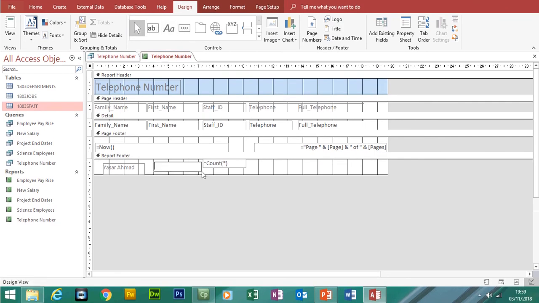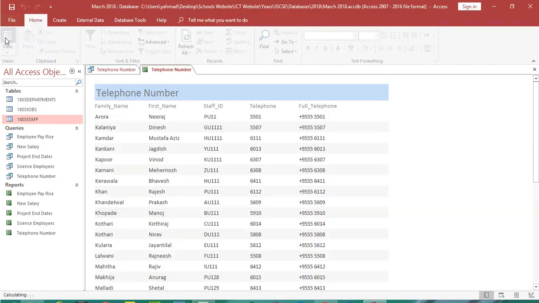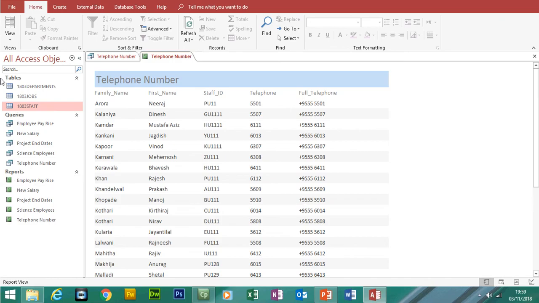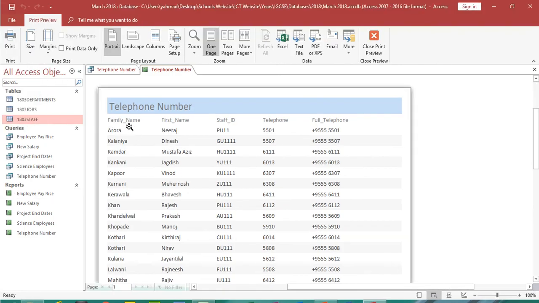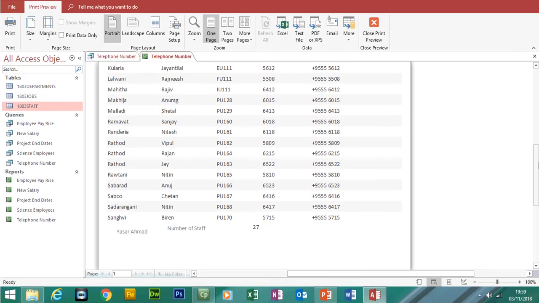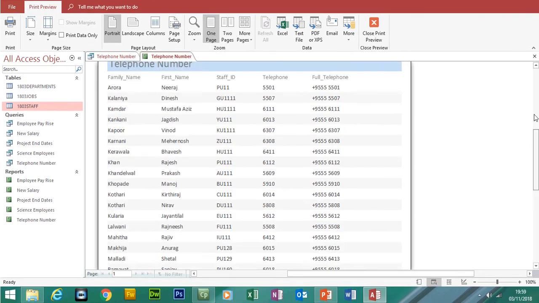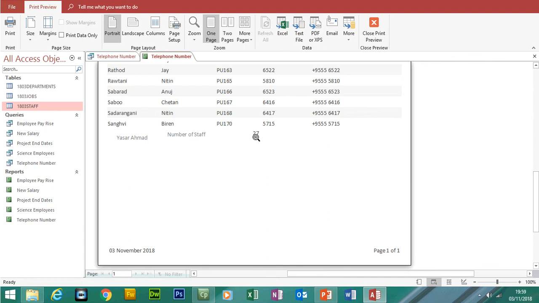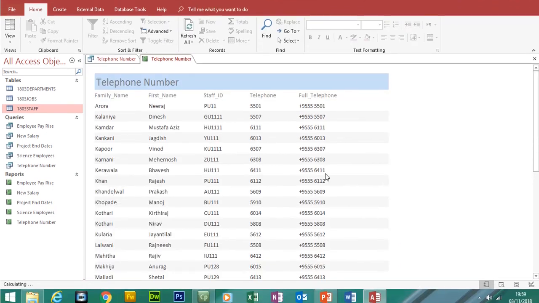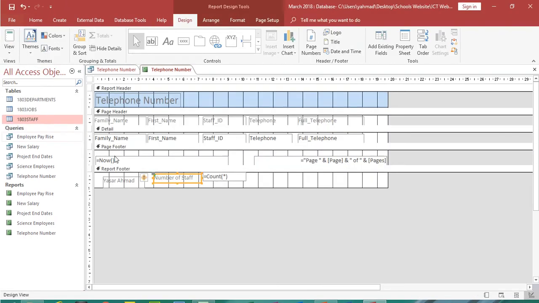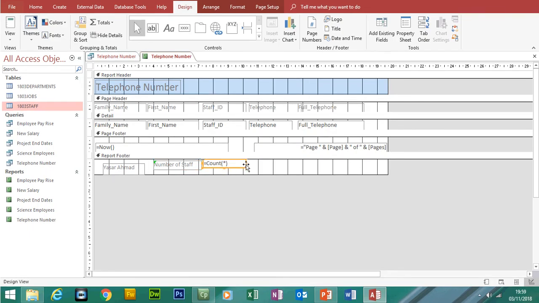So if we go to design view, go to design, click on a label, type in number of staff. Okay, so if we come down to the bottom, let's go to my print preview, check the fields in the right order. If you come down, you can see, actually this is not directly below the staff ID field, so let me just go back to design view. I don't know why it's not actually shown underneath it, a bit weird, but